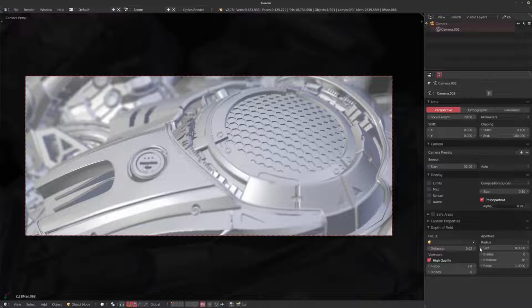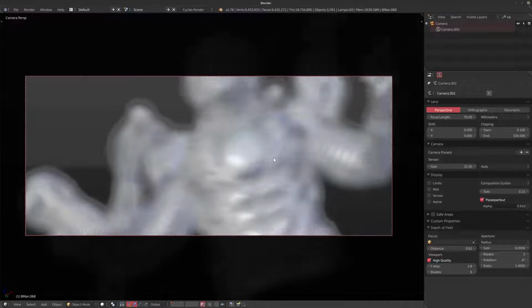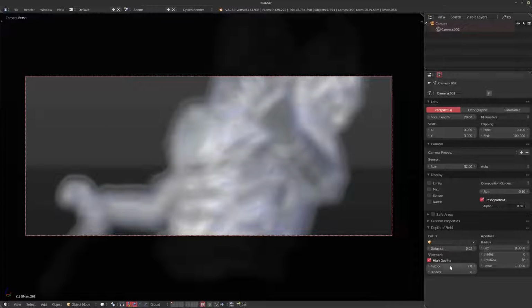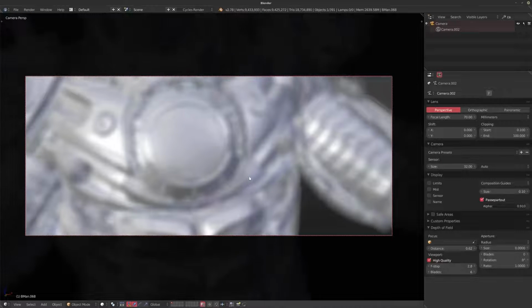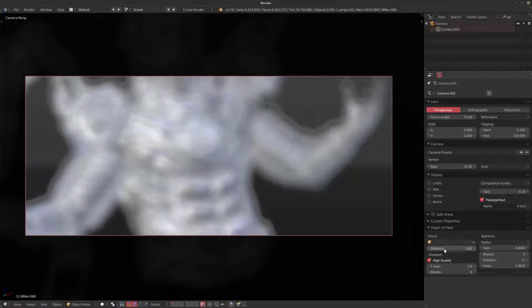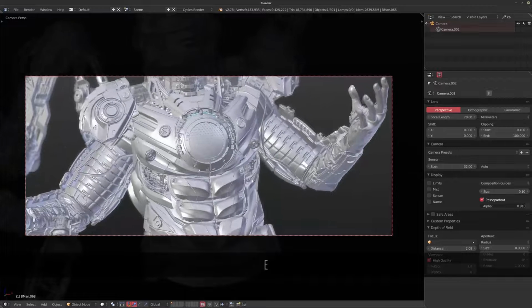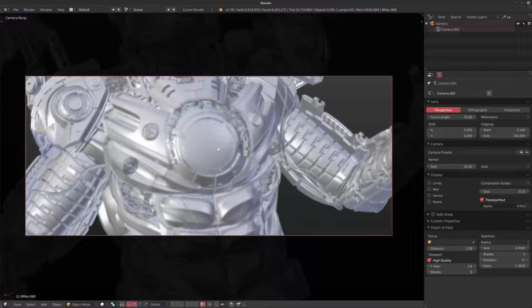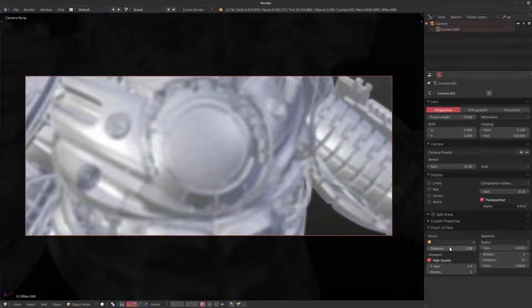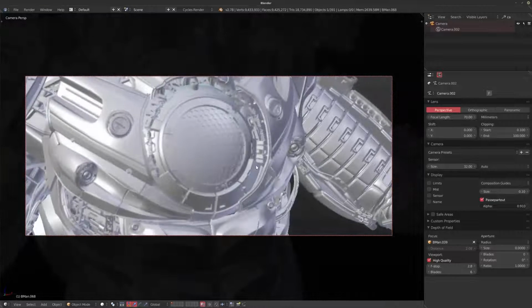And don't be afraid to try this depth of field stuff in your viewport already, because you can get some really cool results. Now, the annoying thing is if you're to zoom out the depth of field, because it's linked to the distance, it's unfortunate because you have to adjust the distance, so hit E again and then click wherever you want to click. But if you want to use this, for example, on an object, you can hit E as well. Click on the object, and now that object will always be in focus.